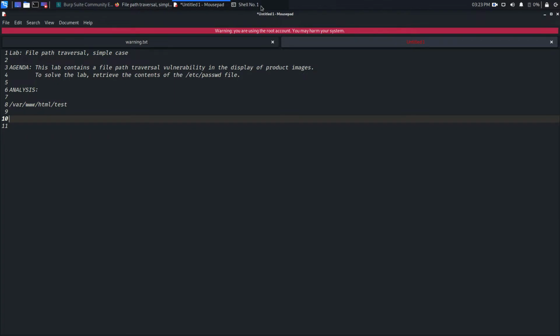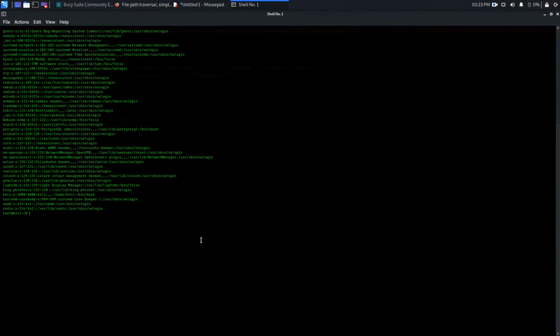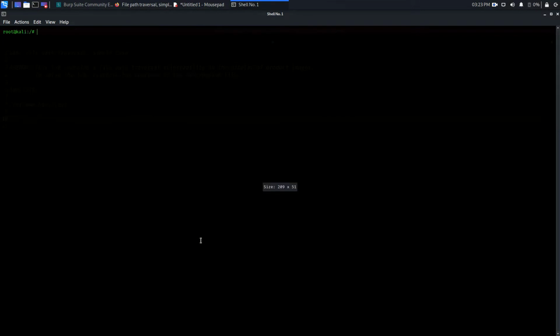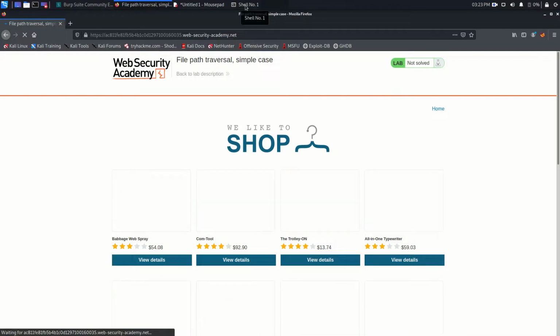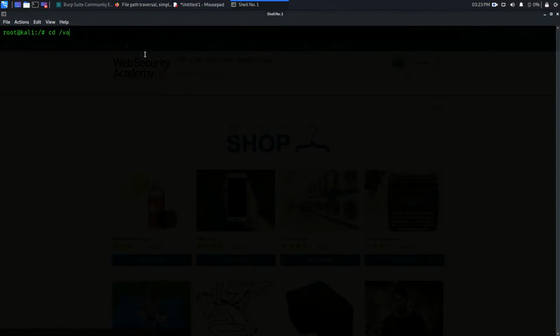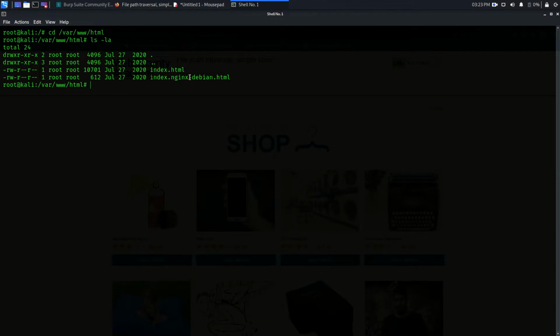So I'm going to just clear this. Okay, right now I'm in the root directory. Now suppose I go to cd /var/www/html, right? There are index.html and index.nginx-debian.html. In this case, I'm considering this as my default web directory, or I can create one with mkdir test. So now from here, if I want to read the /etc/passwd file,